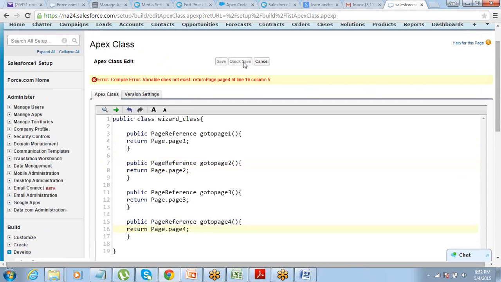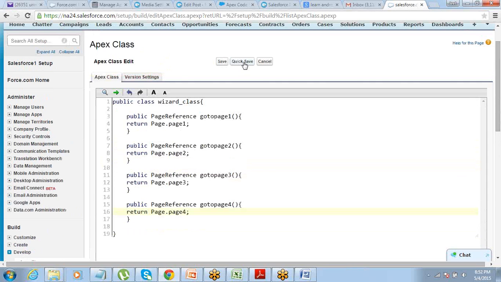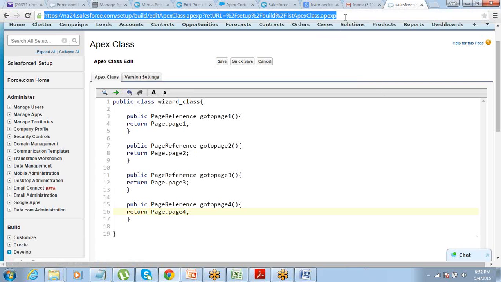Okay, so we have created 4 page reference methods, so that should help me do the connection between these pages. So let me just go ahead and